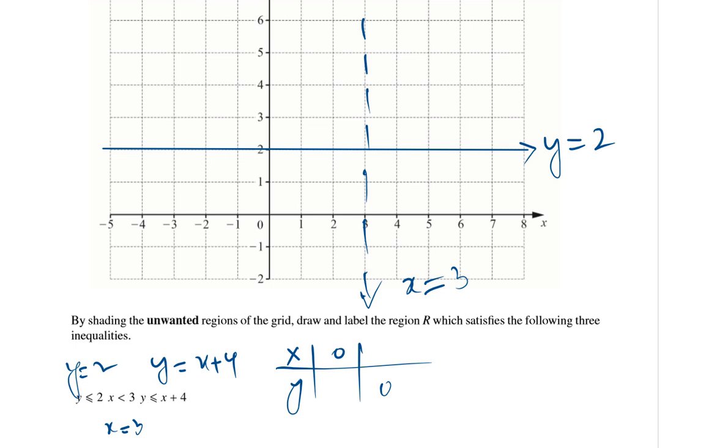So for the y-intercept it is 0 comma 4, for the x-intercept it is again 4 comma 0. So 4 comma 0,